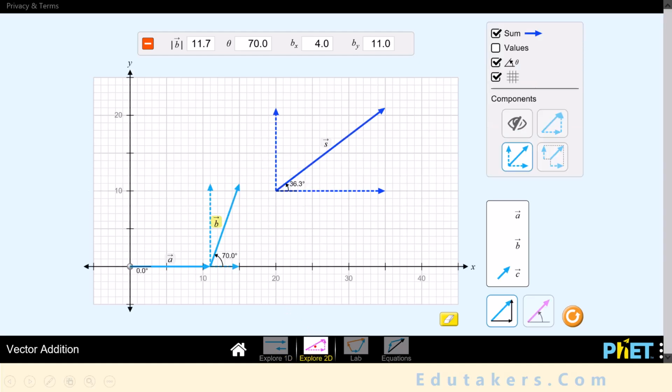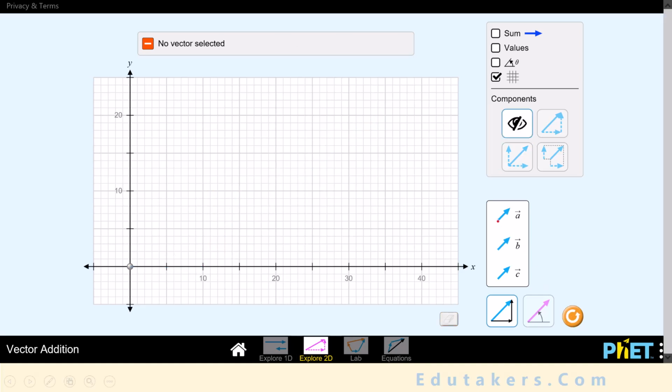Next we see two-dimensional vectors, when there is a vector which is not completely horizontal or vertical but is at some angle. Or when there are two vectors, one horizontal and one vertical, then what would be their resultant? So let's start this. I suppose that there is a vector A and its length is given here as 10.0. I change the angle and suppose that it's completely horizontal. Drag it just here. There is a vector A which is completely horizontal and its length is 10.0.